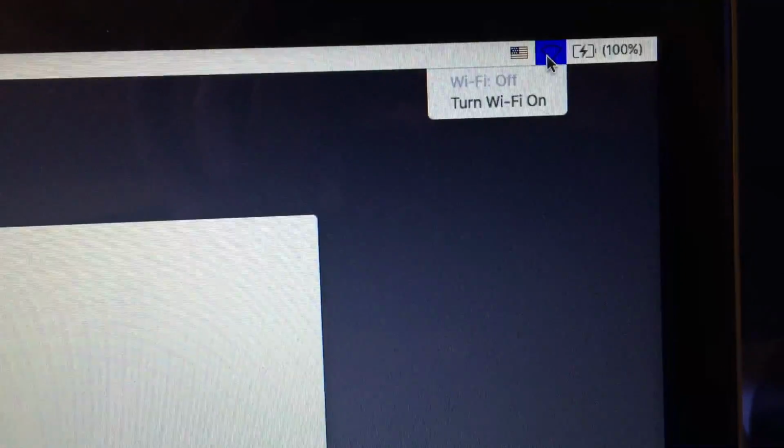If you look up here at the little Wi-Fi indicator, remember, right now we're running off of the installation media. This is not the instance of macOS on my hard drive where I'm having the problem. This is something completely different. But look at my little Wi-Fi indicator. It's off. And if I try to turn it on,